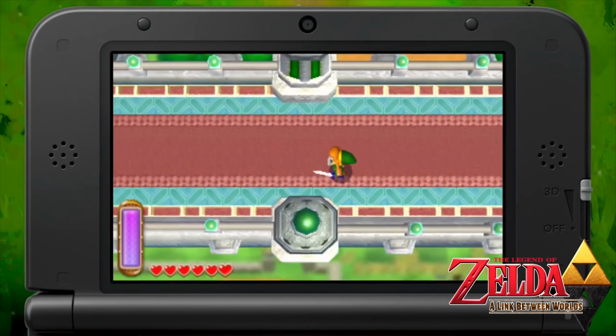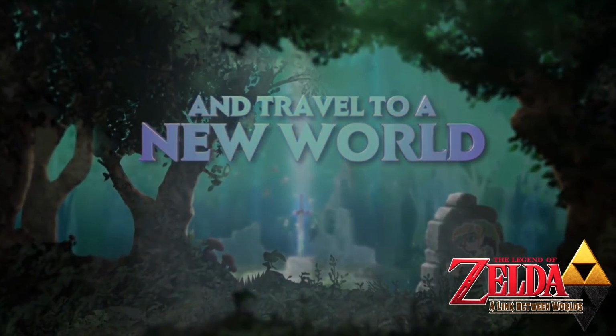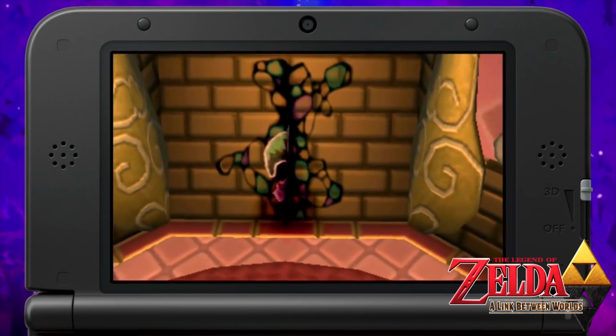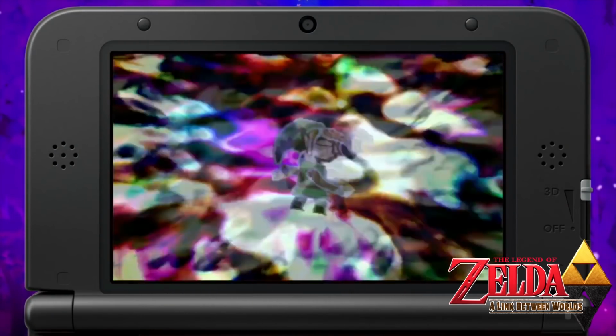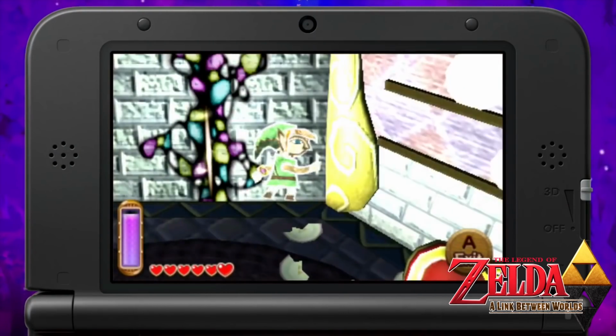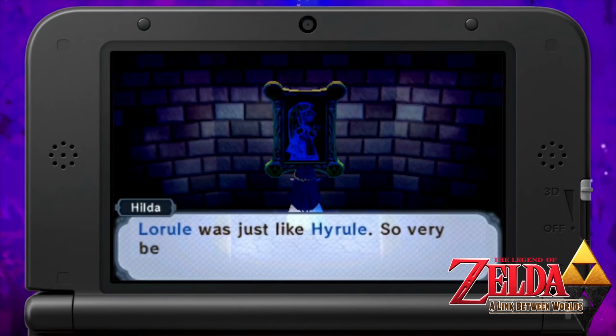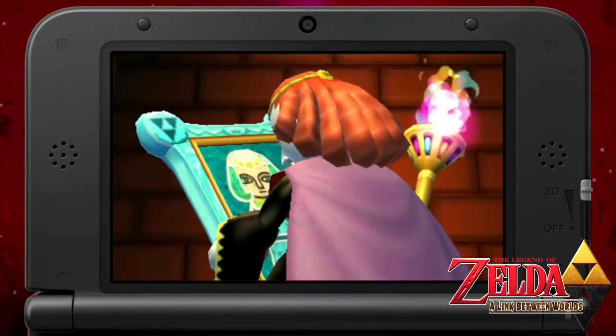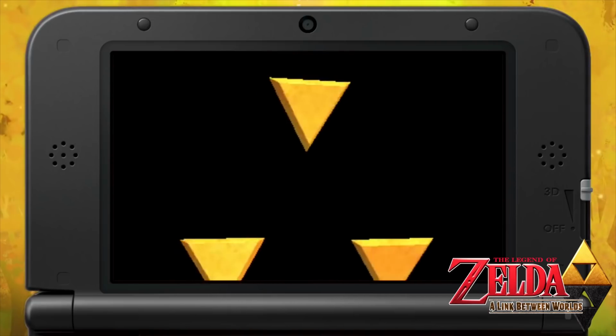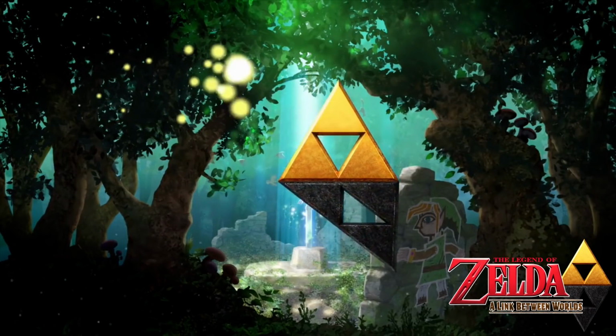A Link Between Worlds. There's an alternate dimension called Lorule that destroyed their Triforce. There's some back and forth dimension traveling to save the 7 sages, Zelda, Hyrule, Lorule, and the Hyrule-Lorule counterparts. Yuga and Ganon are defeated and Link uses the Triforce to wish Lorule's Triforce back into existence.